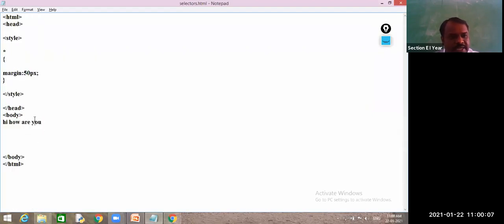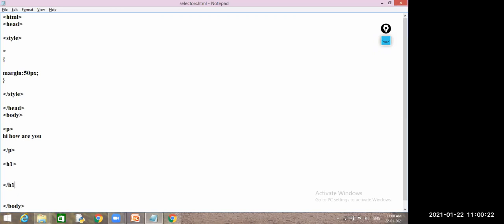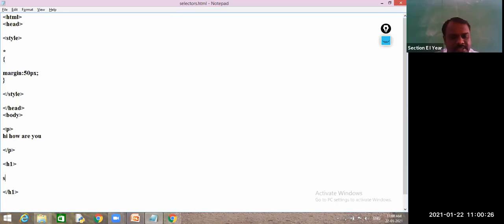I will add multiple elements. So this is a paragraph, and an H1 tag. This is SR University. See, I am writing the universal property as border style equal to solid.